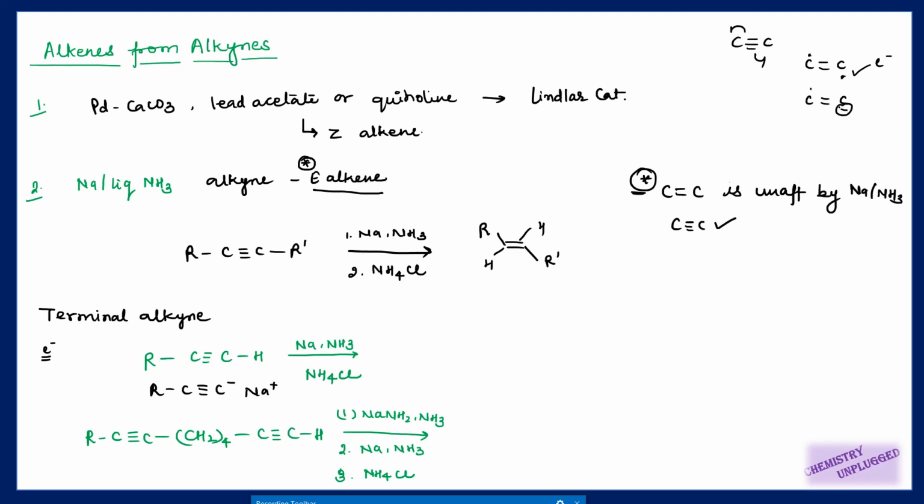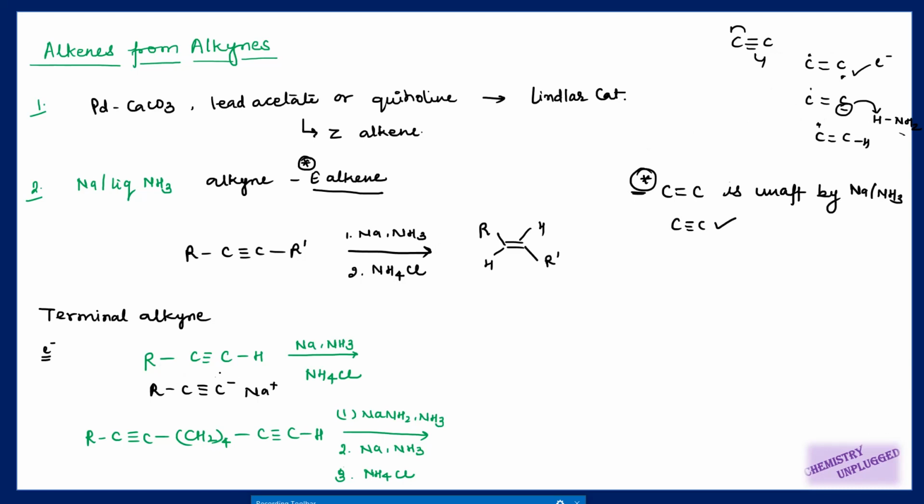Means we get a negative charge here, then we can use ammonia, and from this ammonia, you can say that it is a radical anion. This radical anion can take a proton, and we have H attached here. In the next step, this radical takes one more electron and forms a negative charge, then it will take a proton, right? In this way this reaction goes on.